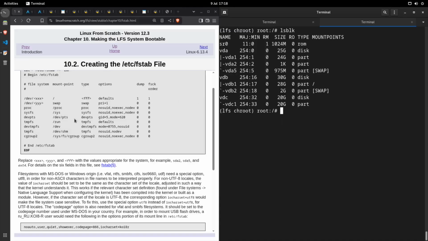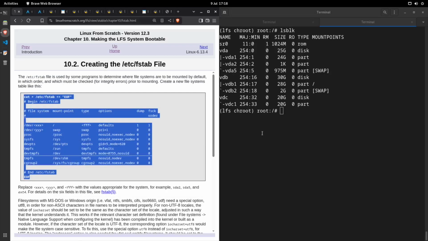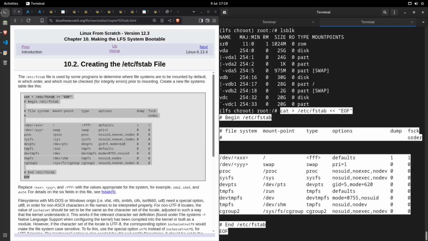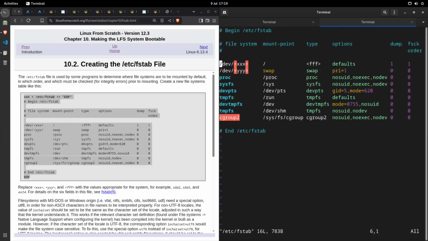So what we're going to do, I'm just going to use Vim again, because it's just easier to edit in Vim rather than doing it on the command line. So we're just going to do that. And then we're going to do vim /etc/fstab, and that is